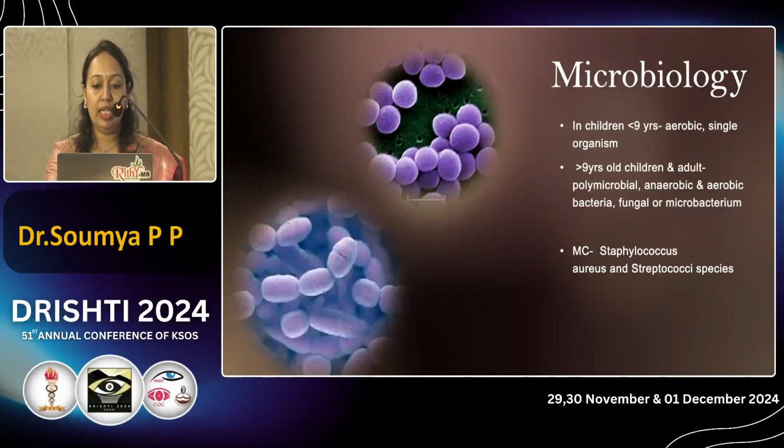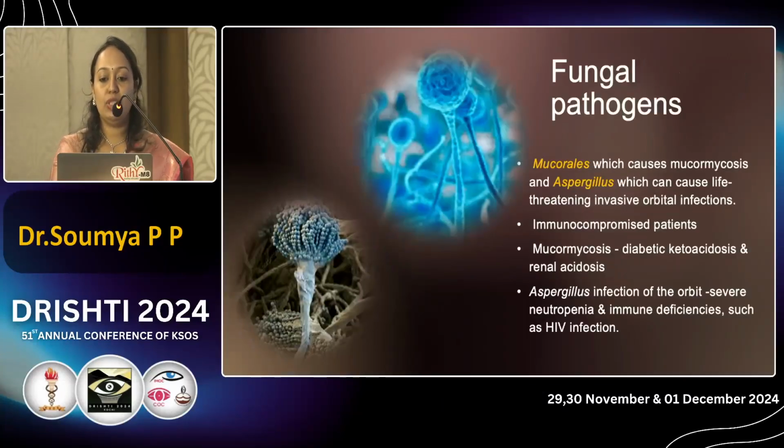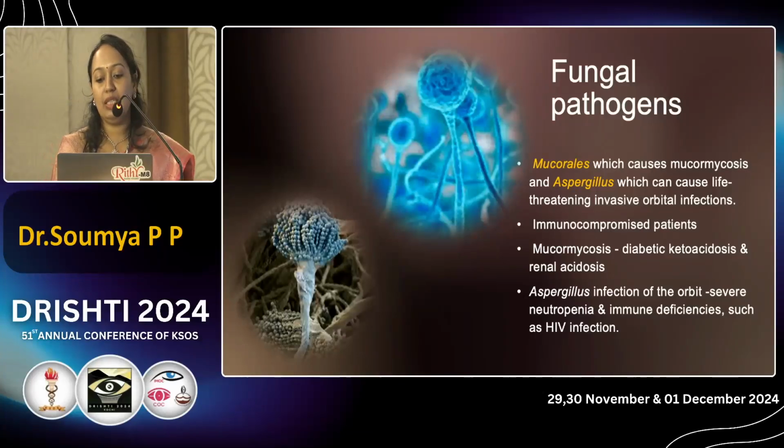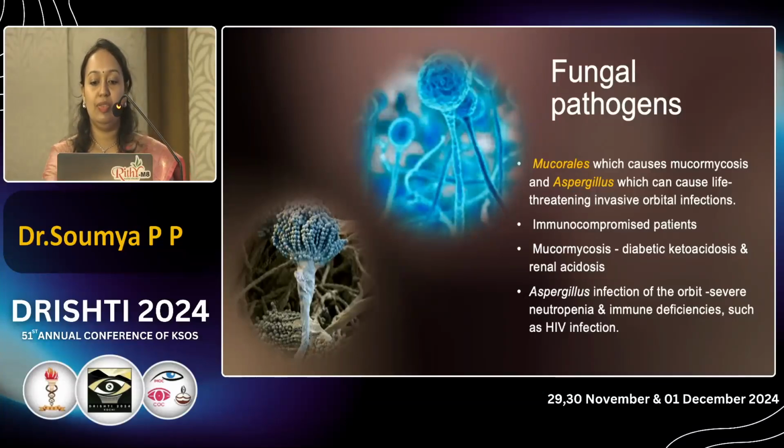In children more than 9 years old and adults, polymicrobial, anaerobic and aerobic bacteria, fungal or mycobacterial organisms will be the cause. The most common causes of orbital cellulitis are Staphylococcus aureus and Streptococcus species. Fungal pathogens can also be there. You can see an aseptate fungus here, that is Mucor, and this is a septate fungus, Aspergillus. Both these fungal pathogens affect immunocompromised patients, and we should check the skin, mouth and nose for any black